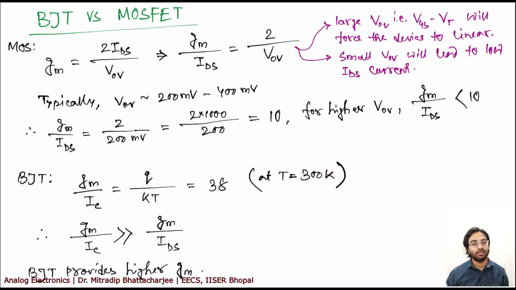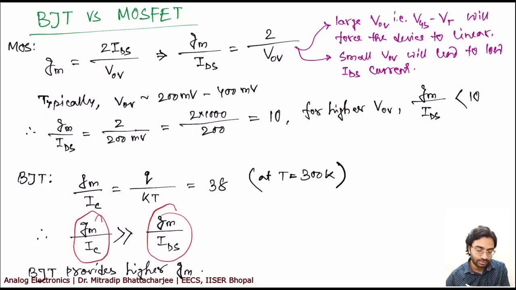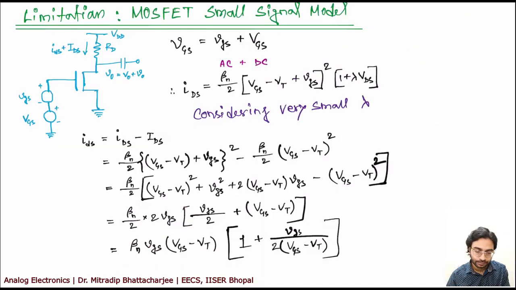Then I have shown you the comparison between BJT and MOSFET, especially the GM by IC comparison. So you have seen that BJTs are superior in performance in terms of GM and gain and bandwidth, but there are drawbacks like BJTs have very less input impedance or input resistance. At the same time, BJTs require a lot of power, so power is another concern. The third concern is based on fabrication, that is large scale integration, which is not possible for BJT because of this fabrication limitation. However, in case of MOSFET, you can do VLSI and in fact go for ULSI and even higher scale integration.